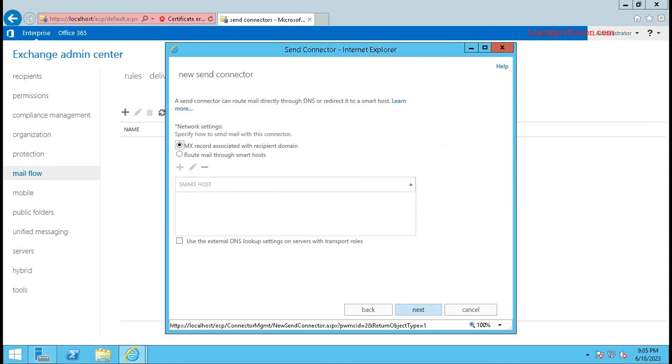Click next. Select the type. I am selecting the type MX record associated with recipient domain. Click next